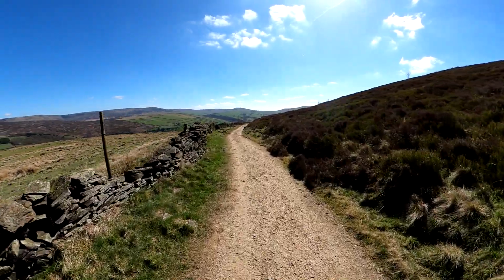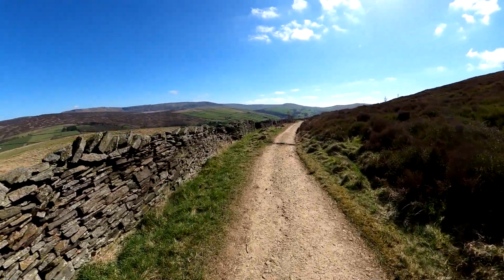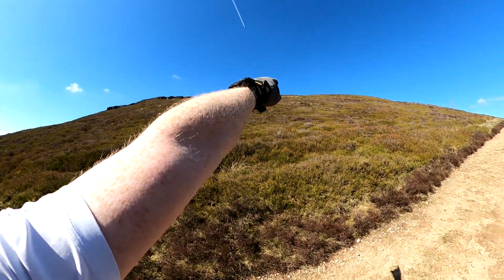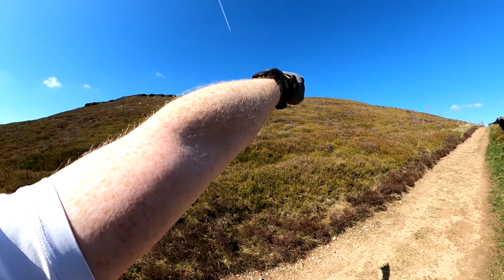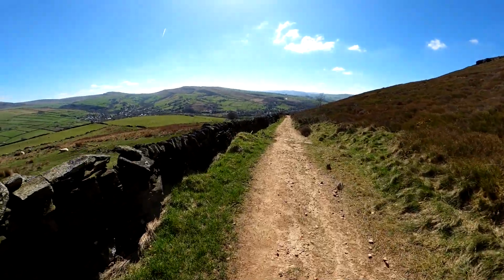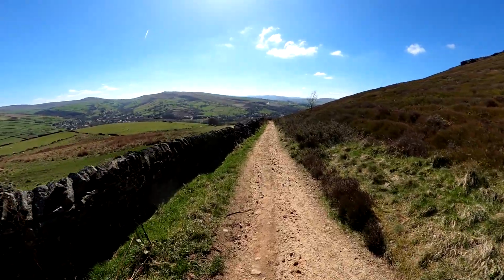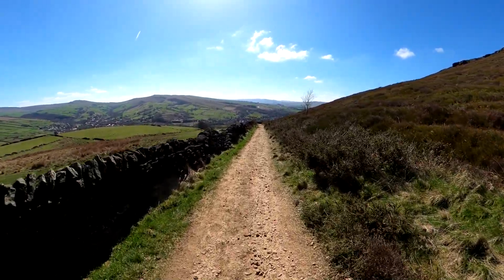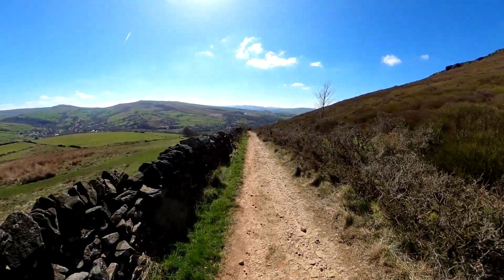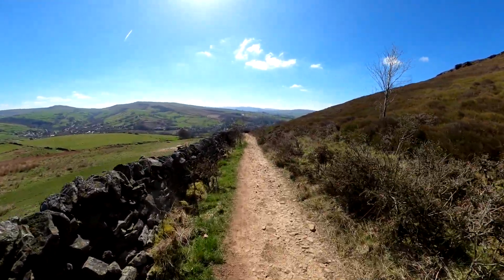It's all downhill for the next mile before I start ascending again, so I'll try and make a bit of ground up. So on this bridleway bit, so there's the cross. Obviously I went up behind that, and the cairn trig point is just where that tree is more or less, so that's the summit up there. So now on this back leg, I'll intersect the gate shortly where I took the route up, and I'll close this bit of a loop, and then we're on a repeat for half a mile downhill